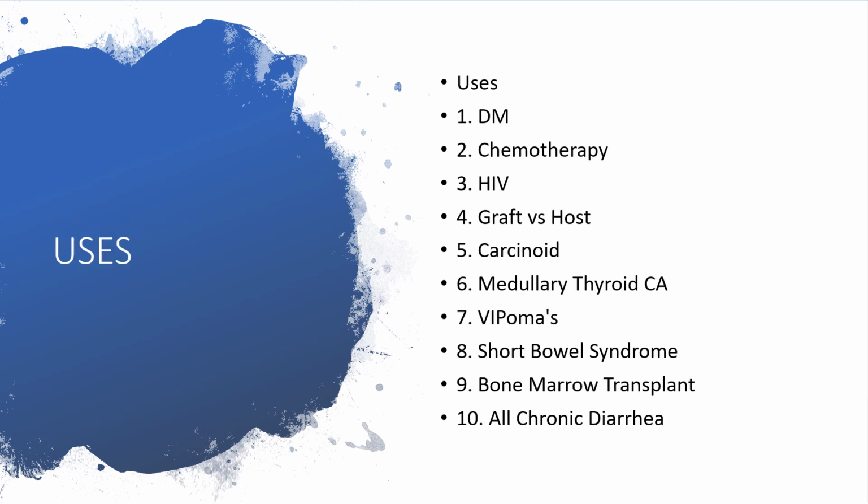Uses. Octreotide is useful in diabetes mellitus, in chemotherapy, in HIV, graft versus host disease, carcinoid crisis, medullary thyroid carcinoma, VIPomas, short bowel syndrome, bone marrow transplant, or chronic diarrhea, and the list goes on to include